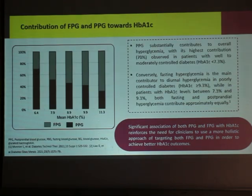From the left side, the HbA1c increases to the right side on the x-axis horizontal bar. 6.4, 7.9, 8.9, 9.9, 11.3 HbA1c, and the contribution of fasting and postprandial hyperglycemia. So fasting is the lighter shade, and the PPG is the darker shade actually. At the lower HbA1c, the contribution is more from the postprandial hyperglycemia. As the HbA1c goes up, the fasting hyperglycemia contributes more, but